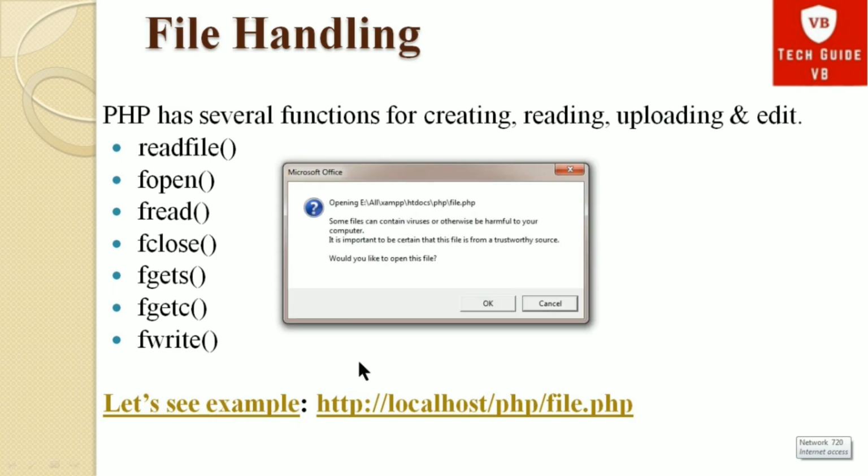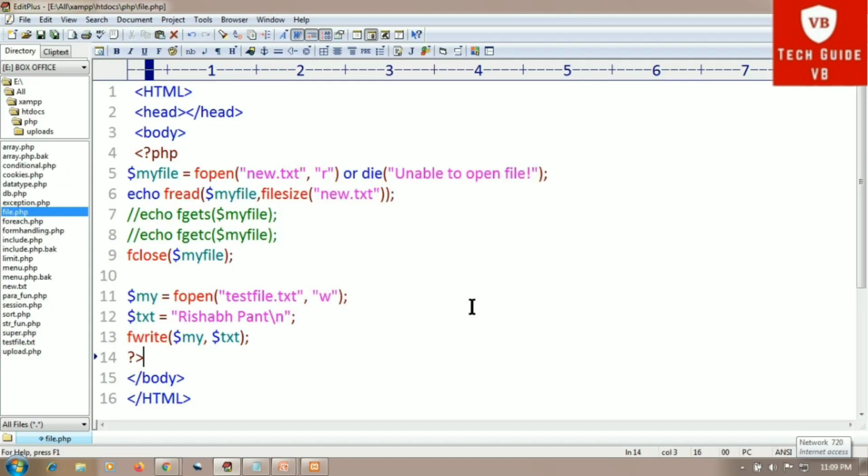Let's see the program first. Let's see the example here. This is the code of file handling in PHP, where the HTML tag is open, head is opened and closed, and body is open. In that the PHP tag is open.